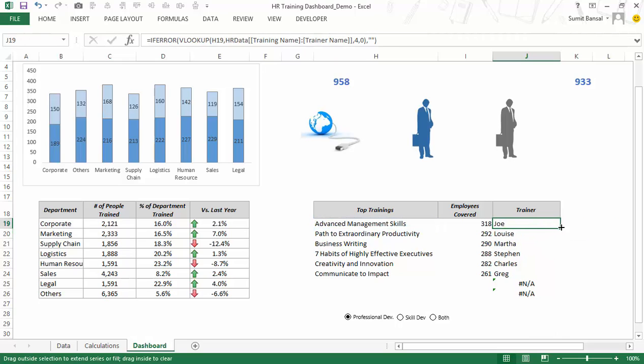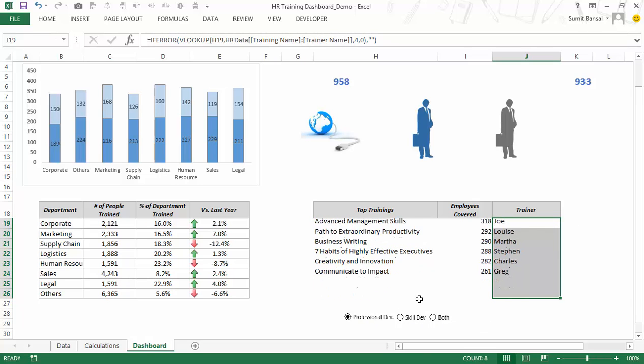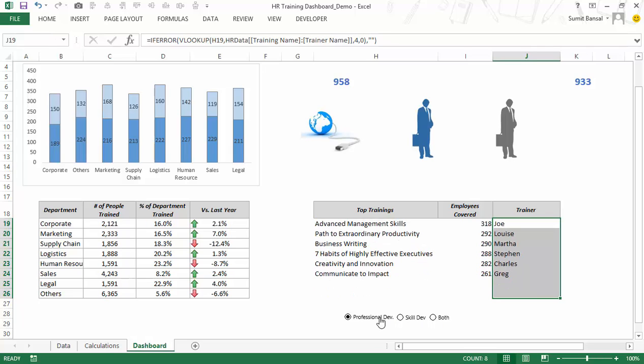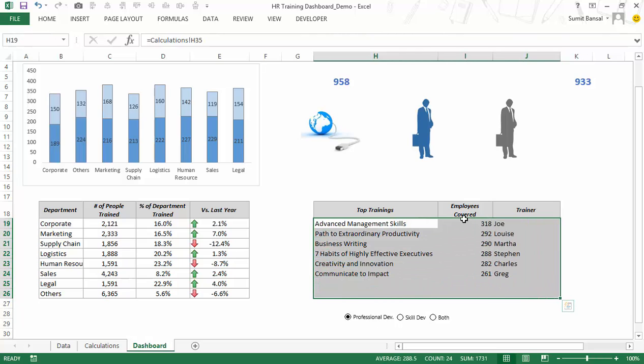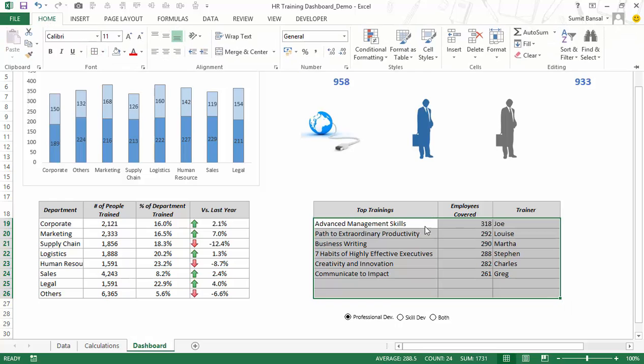And now when I double click here, this is gone. So now you can see as I change these options here. If I select professional development, I only have trainings for professional development here with the number of employees covered and the trainer name. Let me give a border to it, and let me